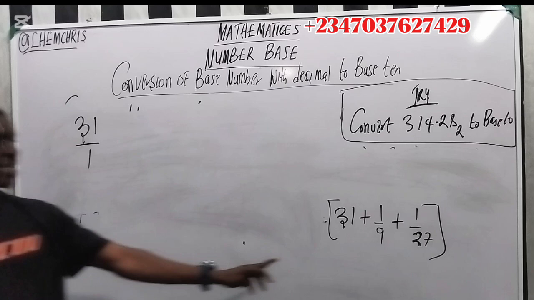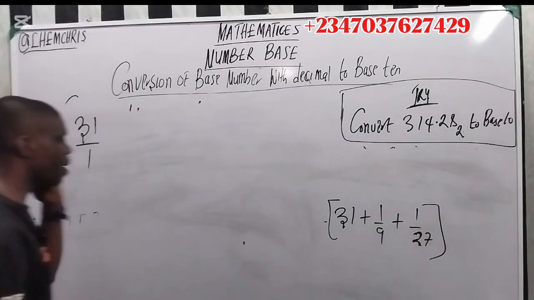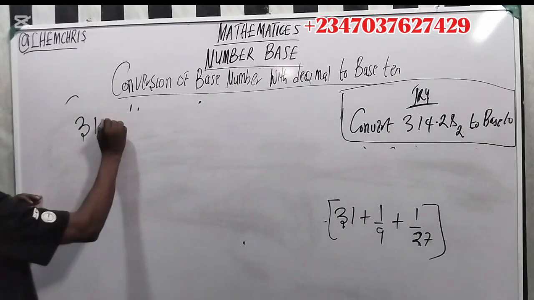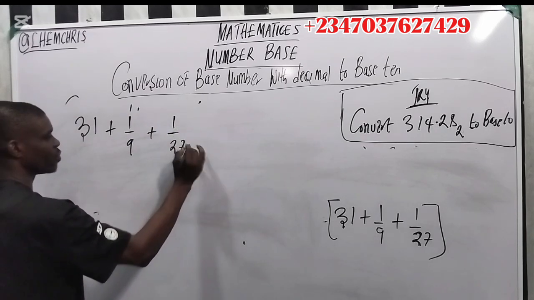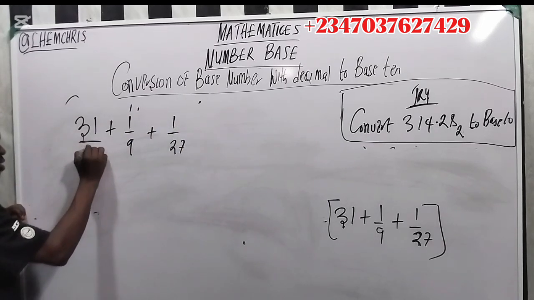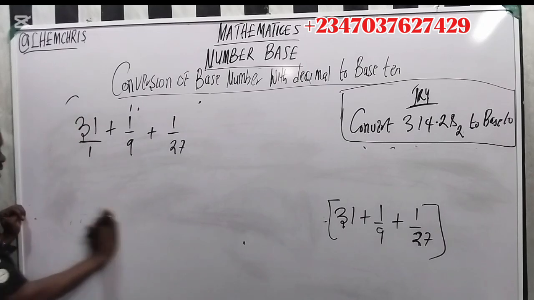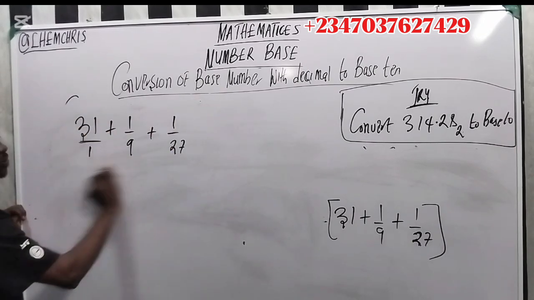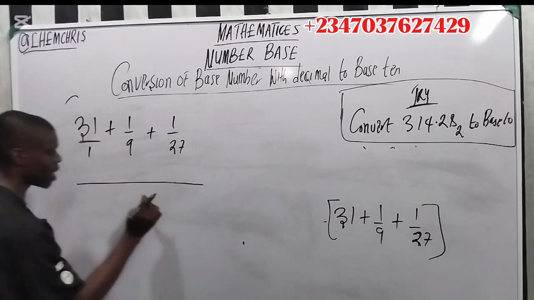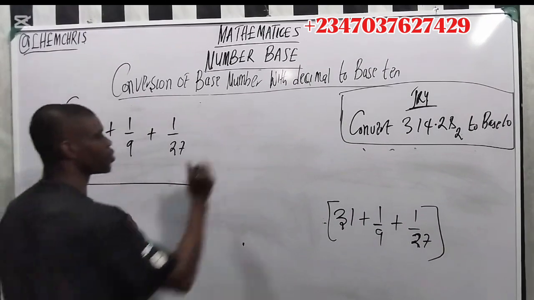So it makes sense to write it as 31 over 1 plus 1 over 9 plus 1 over 27. The denominator does not affect this one. Now to evaluate this, you have to look at the LCM, because the denominators are